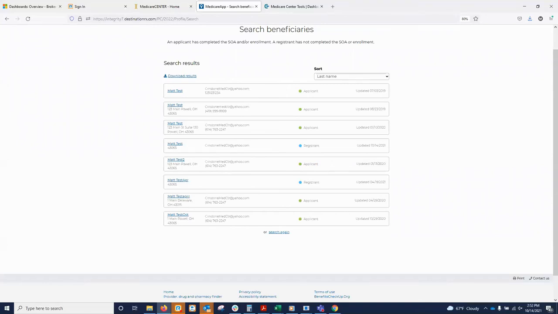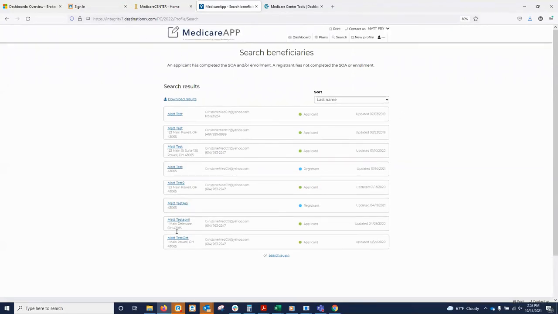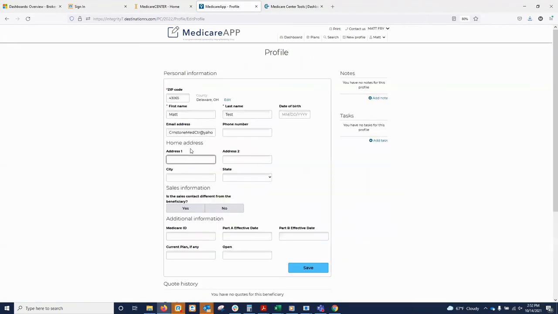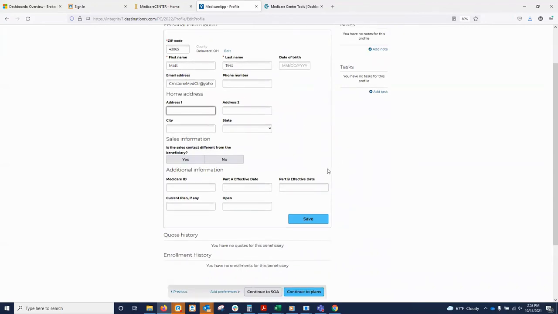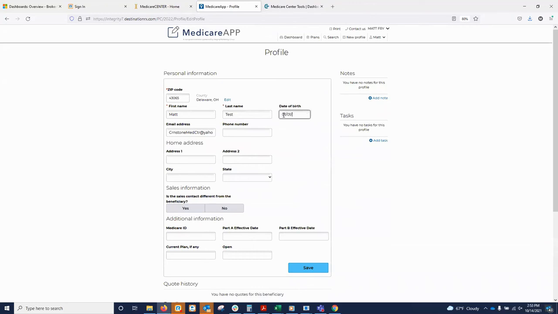Any change to what the client sees in their email for SOA or enrollment? Other than really your information and your picture coming through, if you add that picture, there's not much of a change here. Now, the one thing this time over last year, basically all of their demographic information comes over on the scope of appointment if you're sending the SOA through Medicare app. The only thing that doesn't come through is their home address, which they have to verify. But the rest of it does come over on the SOA. So if I come out here and I add this information in,